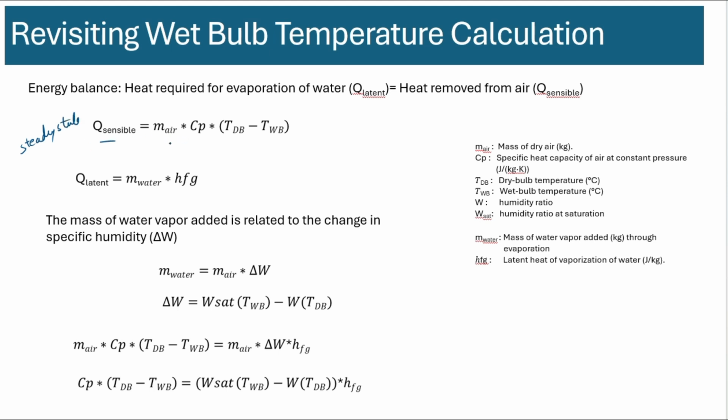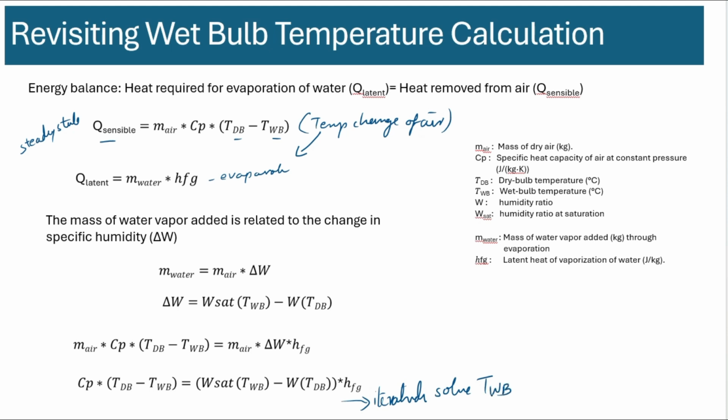The sensible temperature change of air, from wet bulb temperature to dry bulb, is equivalent to the energy absorbed during evaporation of water. Okay, so energy from here is going to evaporate the water. That is where we created this equation and then we iteratively solve for T wet bulb, right? So this is what we did in the previous lectures, okay, where